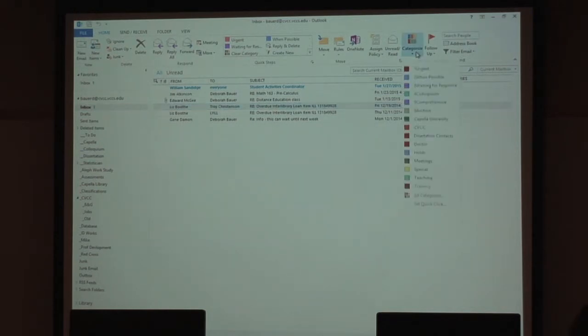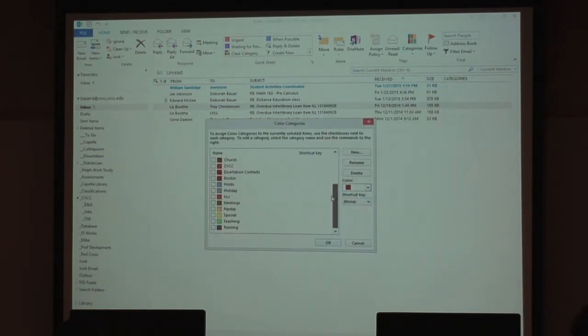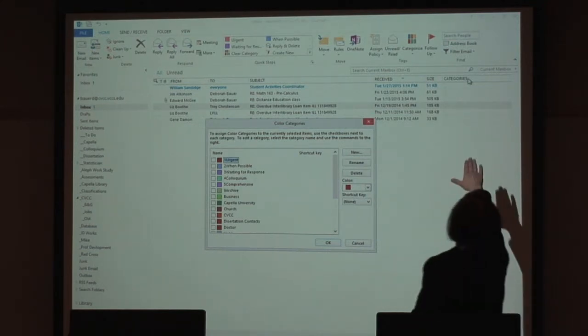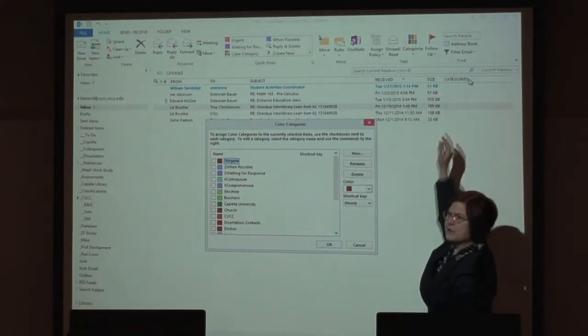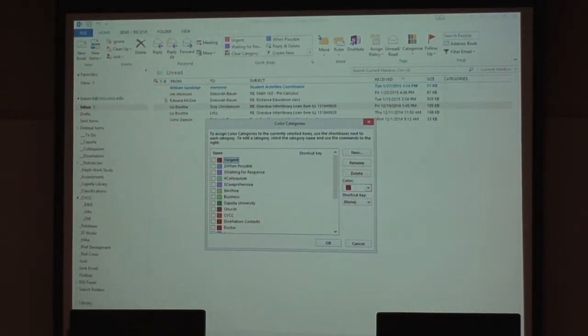Okay, so again, if I go to categories and go down to all categories, this is where I set up my color coding system. If you notice over here at the far right, it's got categories, and it shows me my color codings. It's very useful when you're using this with calendar. Now, the 1, 2, 3, 4, 5, and 9 I use with my quick steps, and I just happen to remember that. The business, Capella, all the way down to the bottom here, I pretty much use with my calendar,